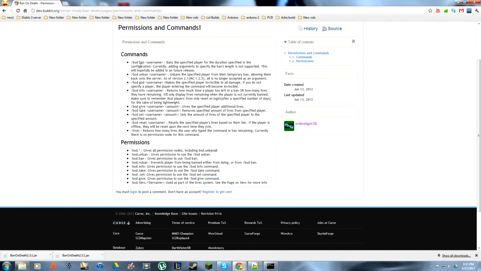So these are the commands where you can ban specific players. You can unban them, so let's say donators, you want to unban them, you can do that. You can reset someone's information if that's what you want to do. You can set number of lives, you can do a bunch of different things, but generally I wouldn't really change any of this. It's the way it's supposed to be, and I actually wouldn't give any of these permissions